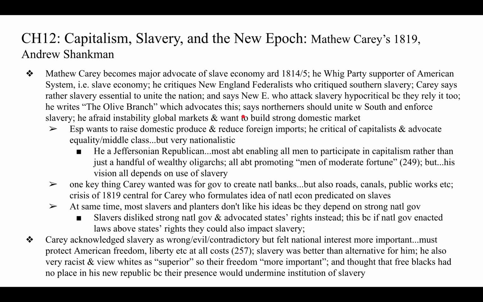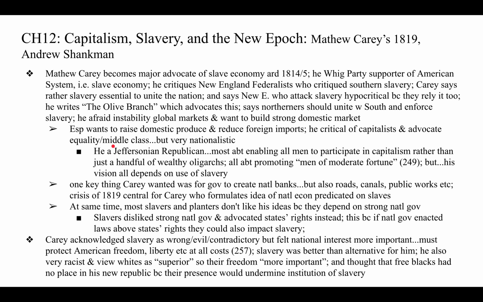He said that Northerners should unite with the South and enforce slavery. So he thought that the formation of a slave economy would be a defining feature of the U.S., and it would be something that would unite the North and the South. He was afraid of the instability of global markets, and he wanted to build a strong domestic market. He especially wanted to raise domestic produce and to reduce the U.S.'s reliance on foreign imports. He was critical of capitalists and advocated equality, and especially